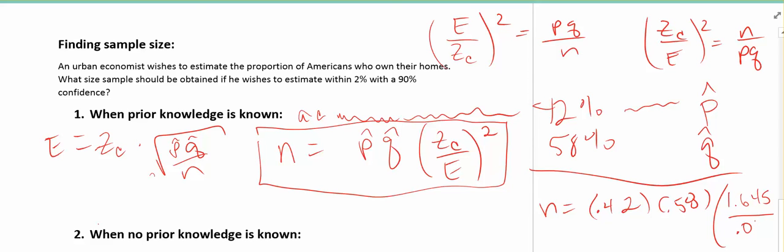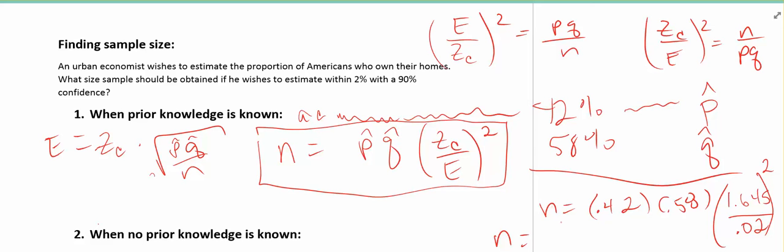Now your error was given to you as a percentage, so make sure you change it to a decimal. So we're going to divide by 0.02, and the parentheses stuff needs to be squared. So 0.42 times 0.58, and then we need the 1.645 divided by 0.02. We need to square that,